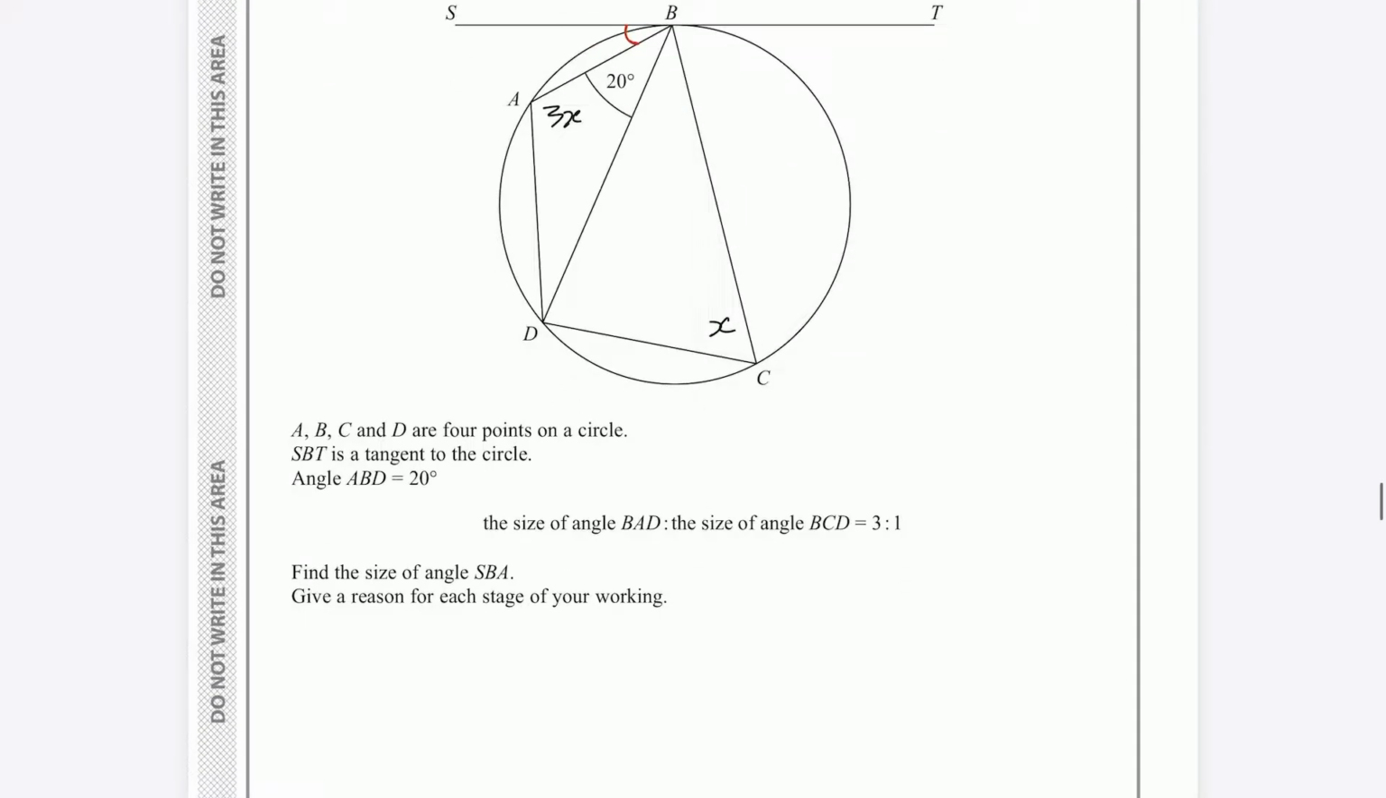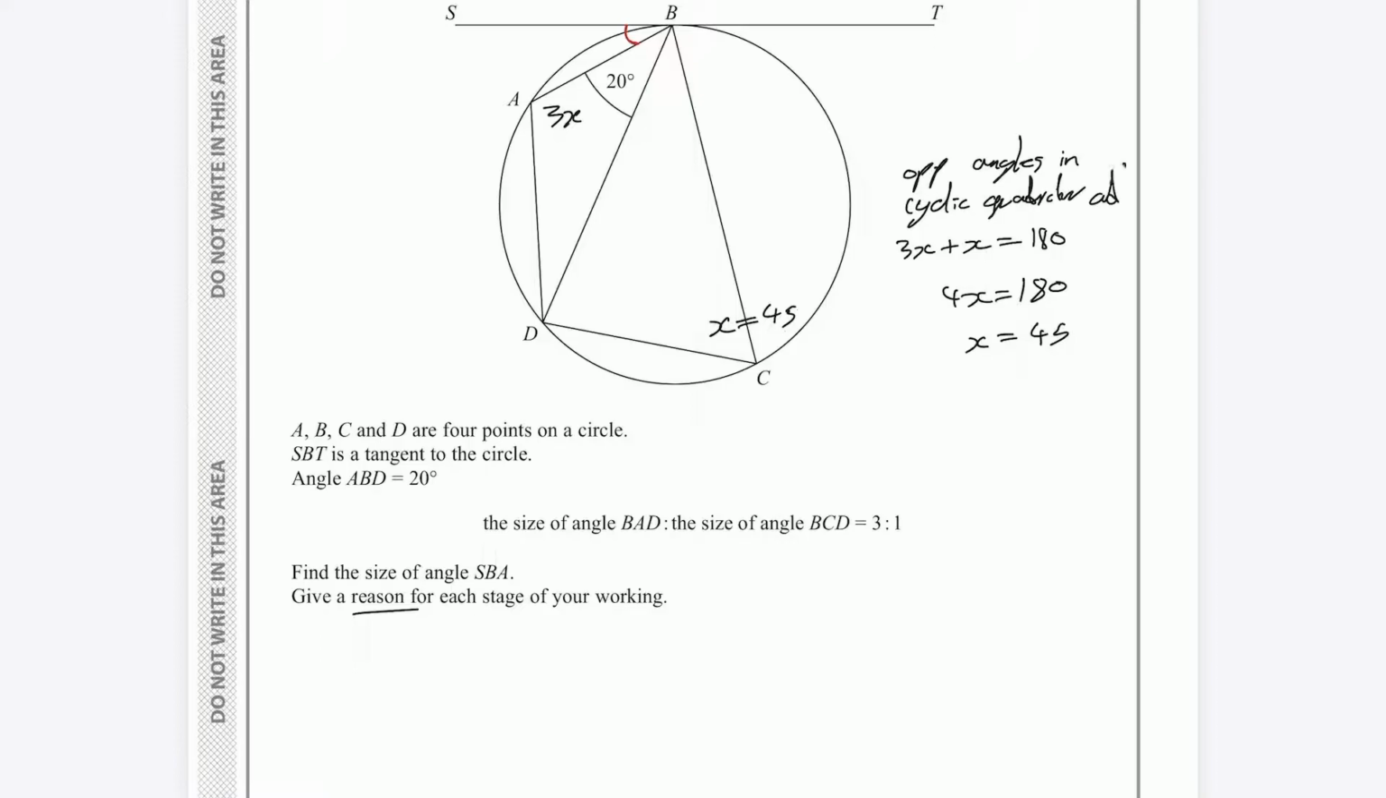So using some circle theorems knowledge here, we know that opposite angles in a cyclic quadrilateral add up to 180. So that means 3x plus x is equal to 180, which means that 4x is equal to 180, which means that x is equal to 45. So you have this as 45. Now the question does ask us to state reasons. So this is going to be opposite angles in a cyclic quadrilateral